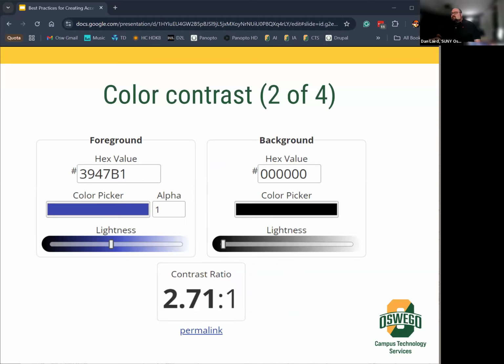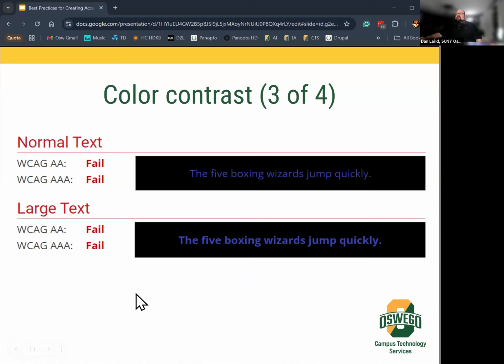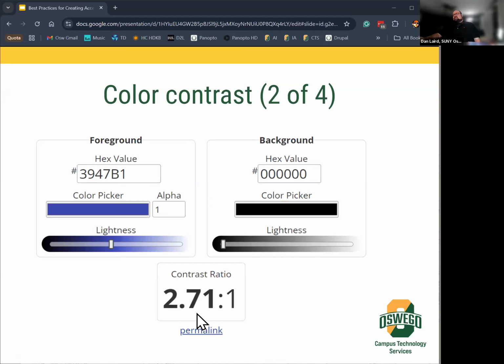So this is that example that I was telling you about. This is the foreground, which is your text, and then the background, which is the background of the page. So you can put those values in. It'll give you like a little eyedropper that you can click on that will do it. So as you can see, that fails. It does not meet the requirements. And I think, let me go back to the other slide. The ratio here is 2.71, and I believe off the top of my head, 4.5 passes. So this definitely falls below the range of passing accessibility standards.